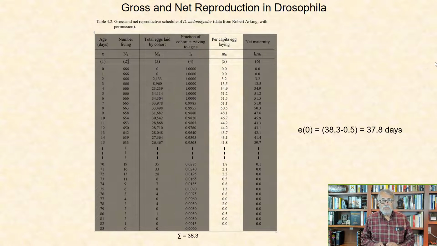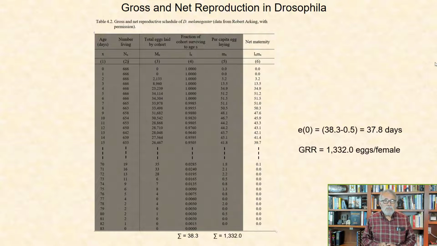Column 5 contains the per capita egg laying at age X, MX, computed as the total number of eggs laid by the cohort at age X, that is column 3, divided by the number of living from column 2. The sum total of 1,332 for this cohort is the cohort gross reproductive rate. Column 6 contains the net maternity function as the product of column 4, LX, and column 5, MX, the sum total of which will be the net reproductive rate, or